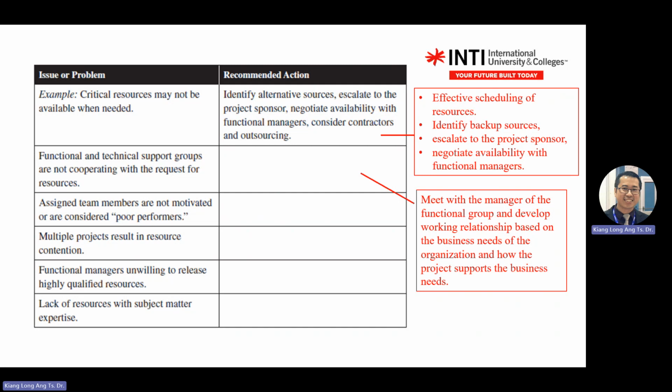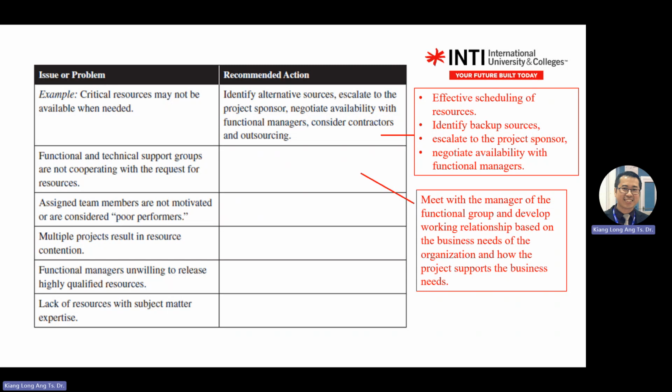Number two, you see the second problem. The issue here is the functional technical support groups are not cooperating. So what you do, you talk to the boss of the functional groups. Let's say the technician doesn't want to listen to you. So you talk to the head of the technicians, or the head of the managers. You meet with the managers of functional groups, then work on the relationship, then let them understand the business needs,